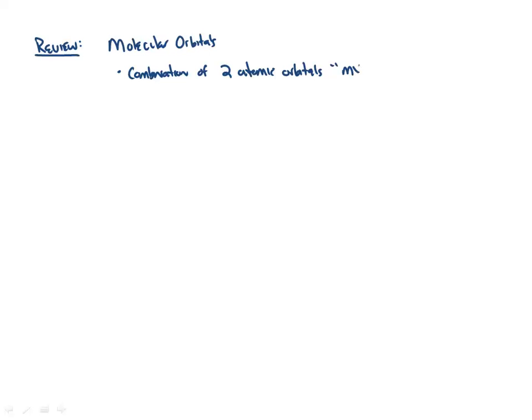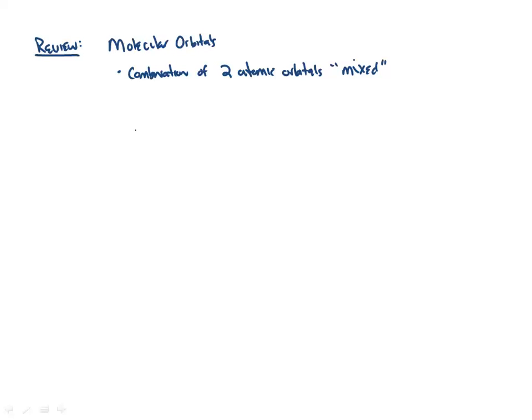Anyway, going back over molecular orbitals, we'll do a little bit of review, see if we can jog memories loose for people that were here or watching the lectures. So molecular orbitals were the combination of two atomic orbitals being mixed. And what mixed means is that it's kind of like when we're playing music, we can strike two chords. Remember, electrons can be considered as waves, and then the sum of those two chords that we strike